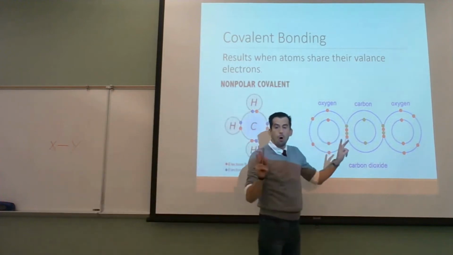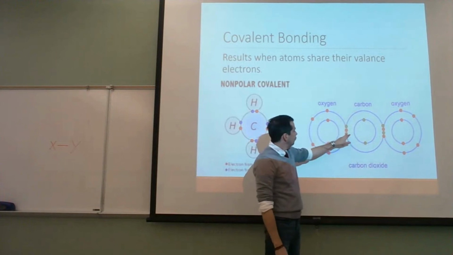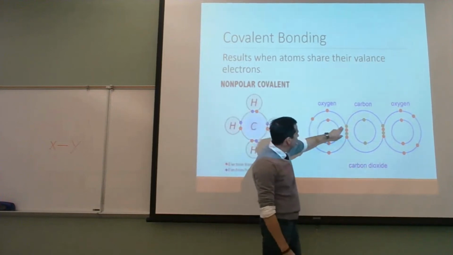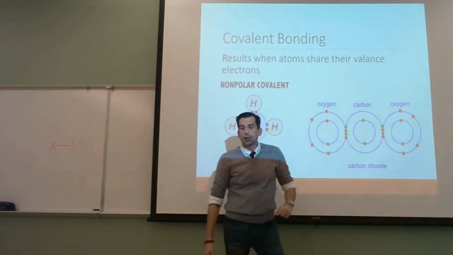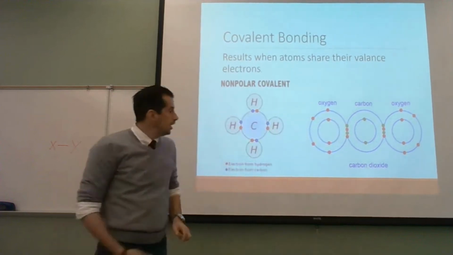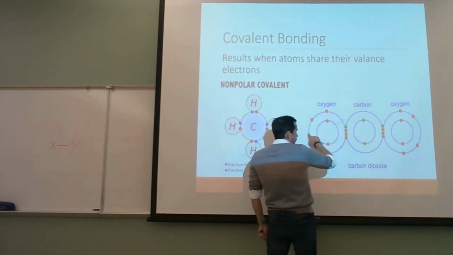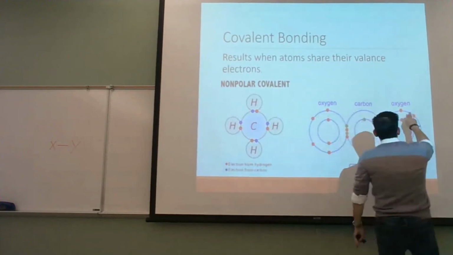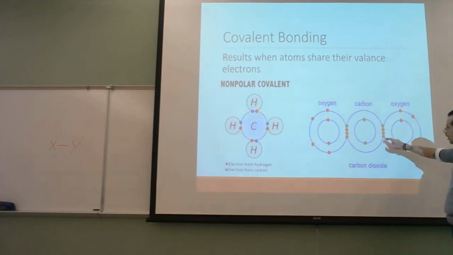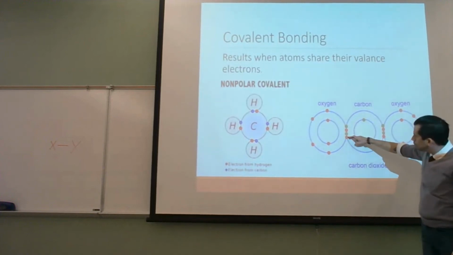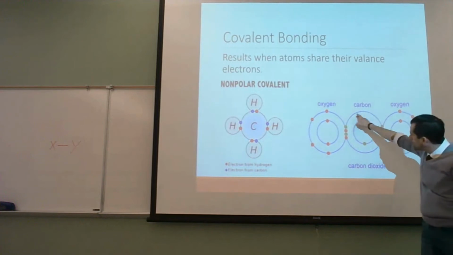So if the oxygen borrows 2 electrons from the carbon, now we count its original 6 plus sharing 2 from the carbon, we can count 8 in its outer level. Do the same thing with this particular oxygen. Likewise, now when we count the carbons with all of that sharing, 1, 2, 3, 4, 1, 2, 3, 4,